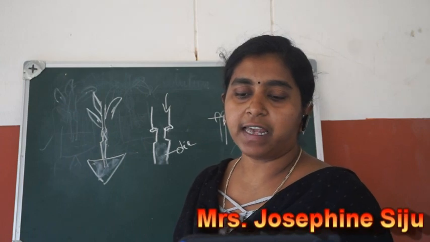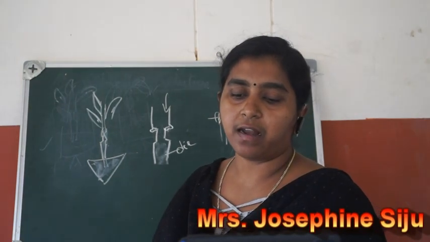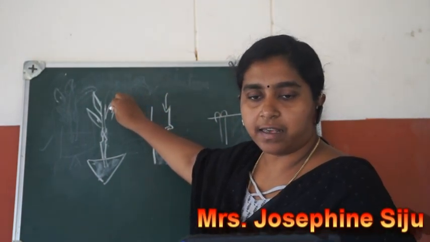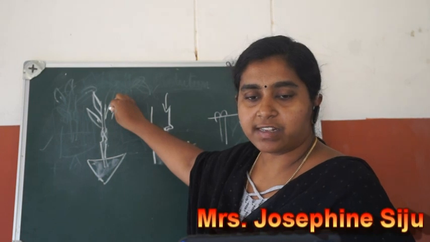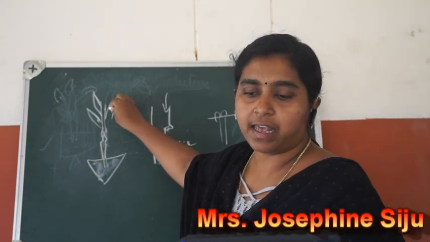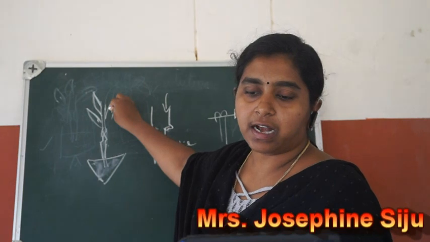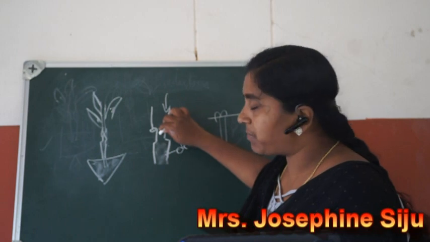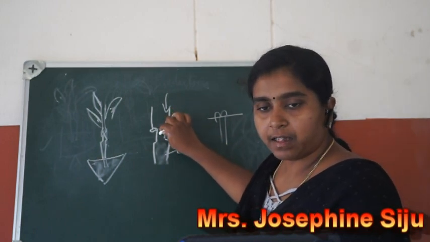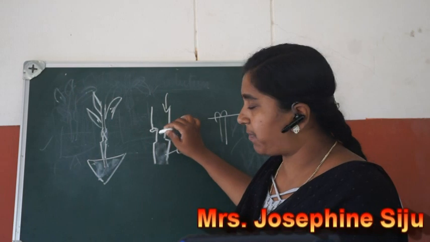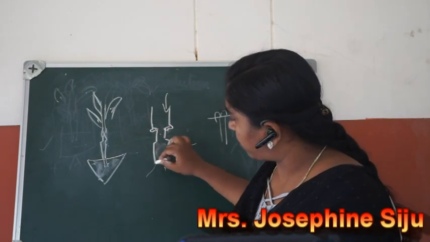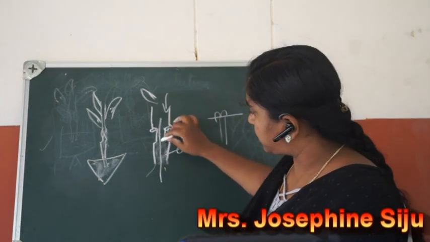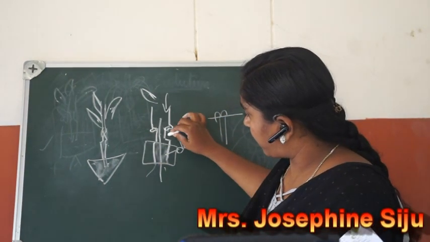The fresh healthy condition of the leaves in this experiment also proves this. If you see the leaves here, they are very healthy. Why are the leaves very healthy? Because the leaves continue to get a supply of water through the deeper located xylem. Here the xylem is still present, so from the root it is getting the water. That is why the leaves are very healthy. But this part became weak. Why?